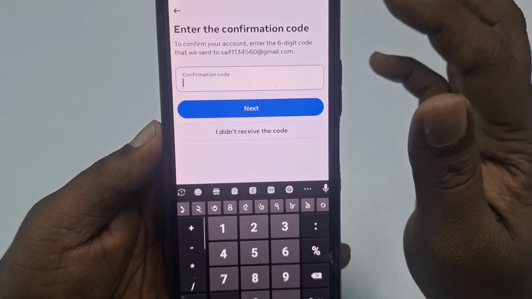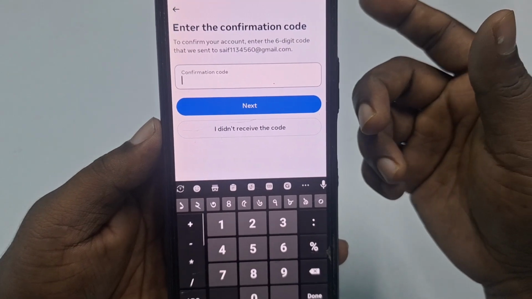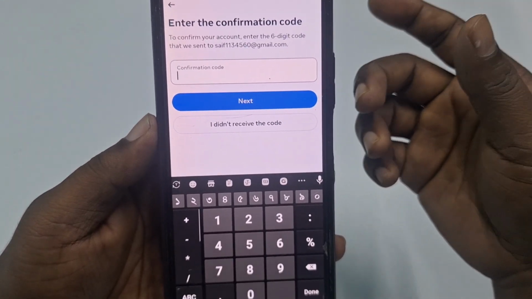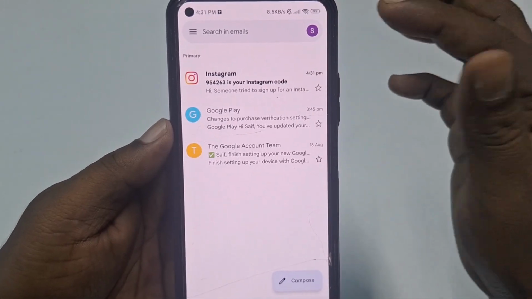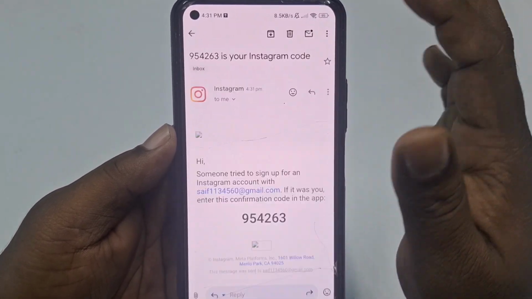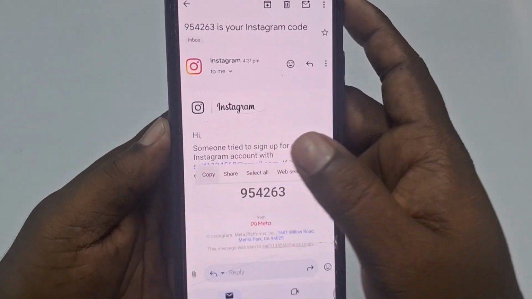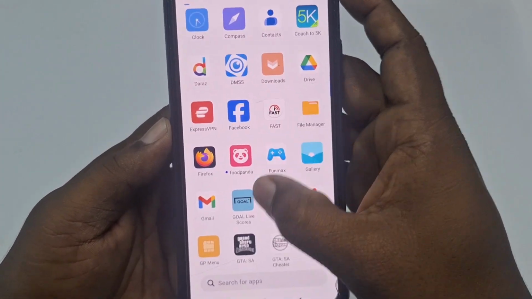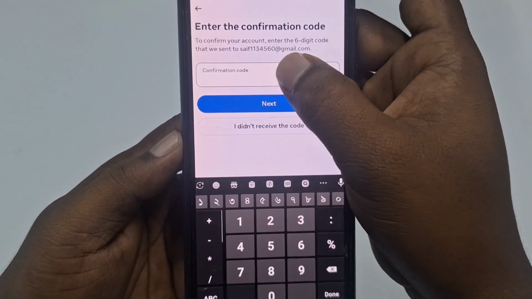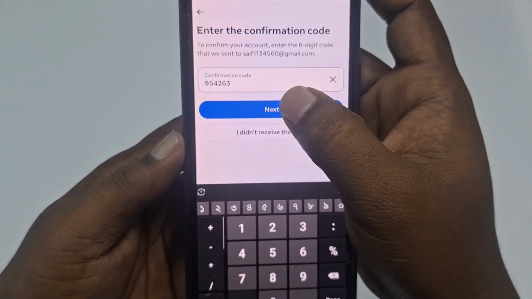and it will send a 6-digit code to your Gmail account. So collect that code from your Gmail account, okay? So let me collect mine. In my Gmail you can see this is the code I just received. Let me copy it, and after that just paste it here, okay? Then just click the next option,